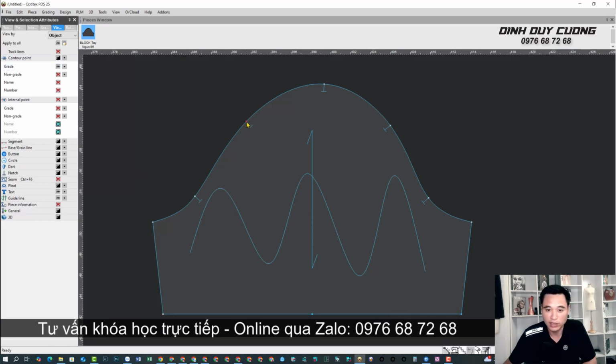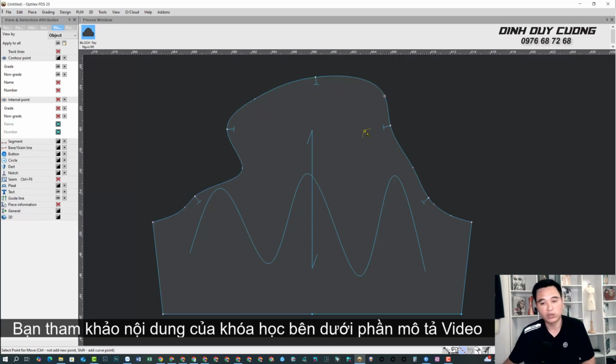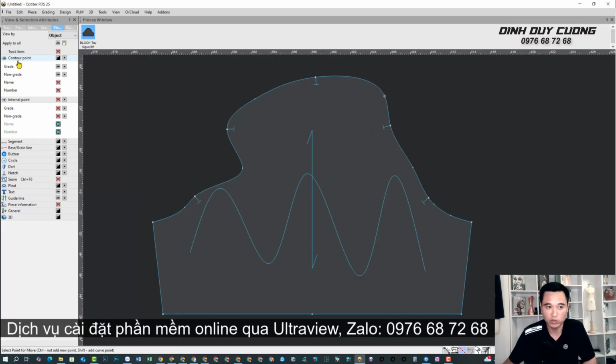And if you want to display the intersection points, you need to open the grid section. So now, can you see these points? These large points, the grid points, are now displayed. And if you want to display the curve points, the smaller points, you will uncheck the box in the non-grid section, and then all these small points will be displayed. And at this point, you will use the commands so that you can adjust the points on this curve very easily. So during the process of working, I recommend that you should open both the grid and non-grid sections in the contour points panel.